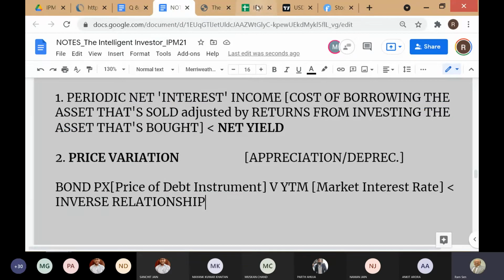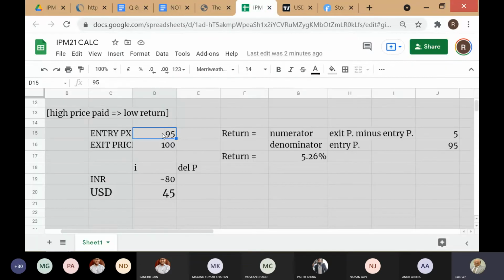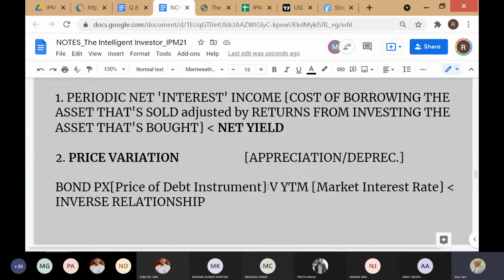So here you can show once again that the price of the debt instrument goes up and the return goes down. So inverse relationship. Again, you bring this down, the price of the debt instrument goes down and the return goes up. So you can show it from here as well. So very basic principles. It's good to see that many of you have remembered it, but just to make sure